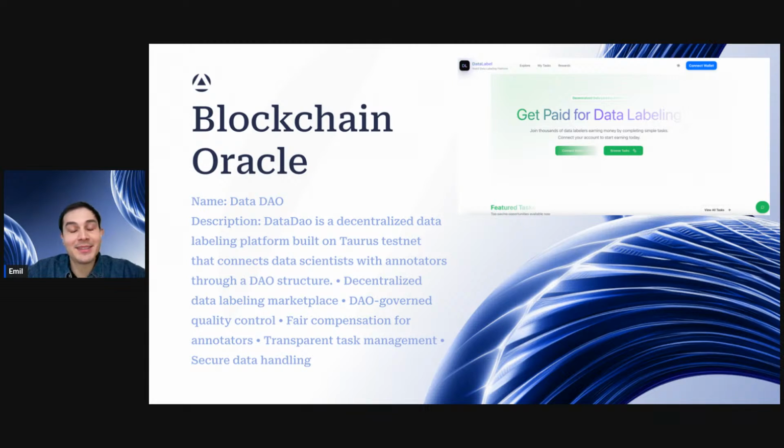So it's an absolutely brilliant application. It's really amazing to see this kind of application appear on the network, and the integration with Auto Drive is fantastic. So for all the tasks that you see, let's say that you wanted to data label an image, the image itself will be stored on Auto Drive. So it's very smartly integrated